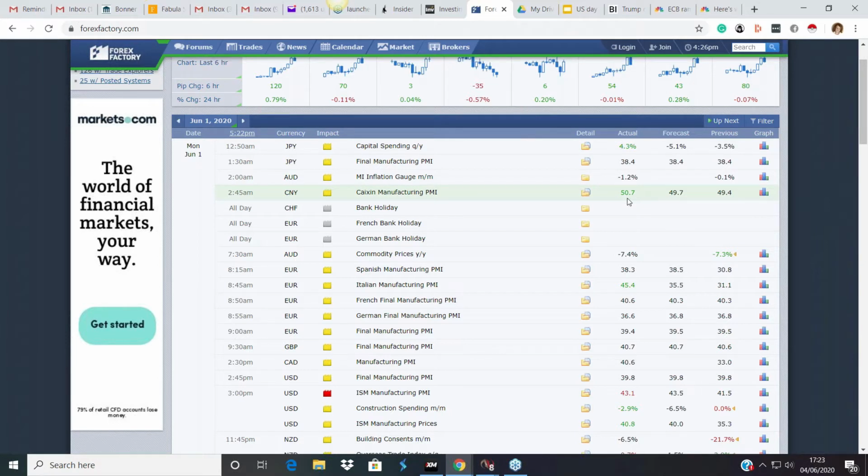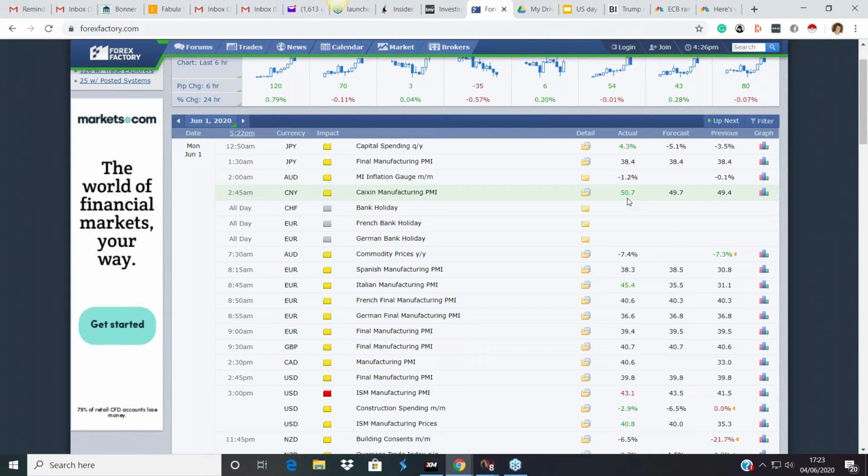Now 50 is the line. Above 50, the economy is considered to be expanding, going well. Below 50, it's not so clever. And of course, given what's been happening in the last few months with the virus and the economy grinding to a halt,